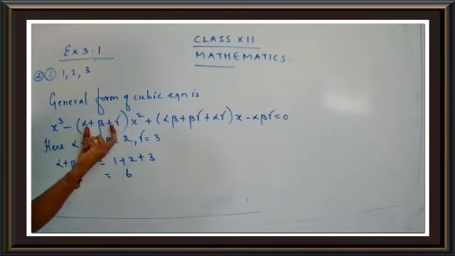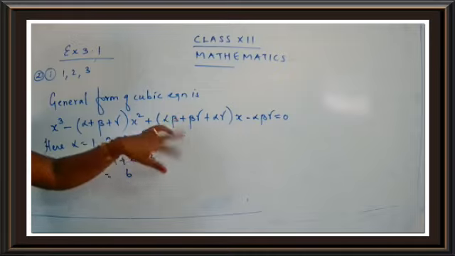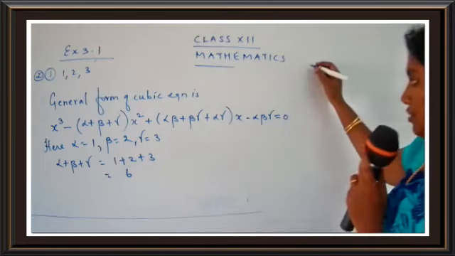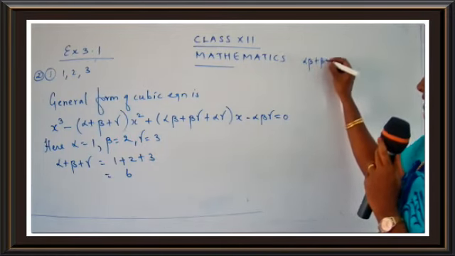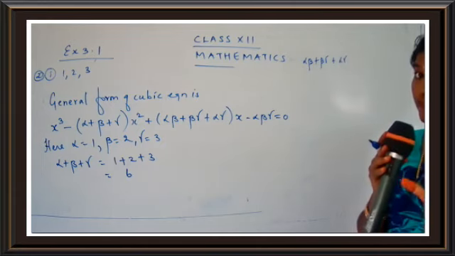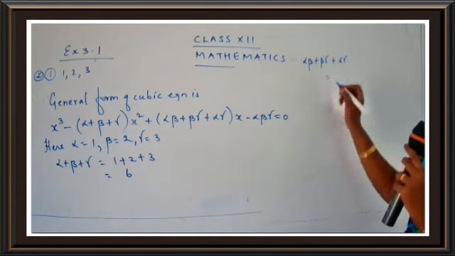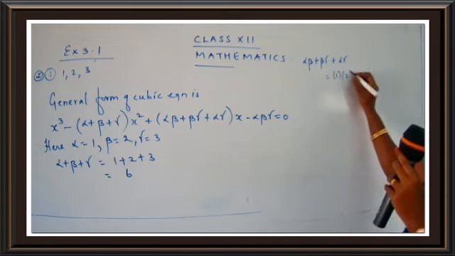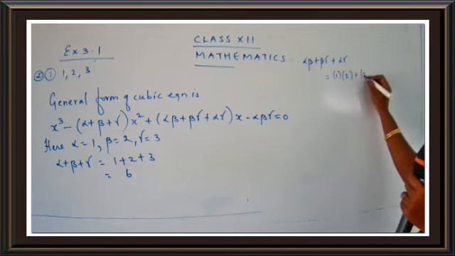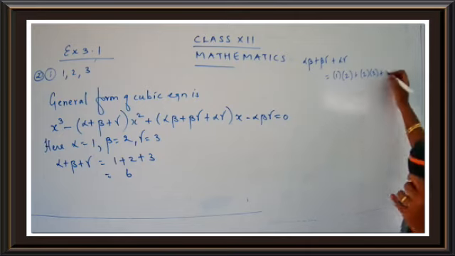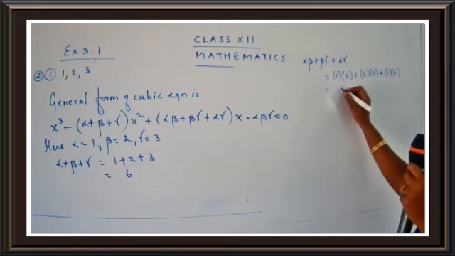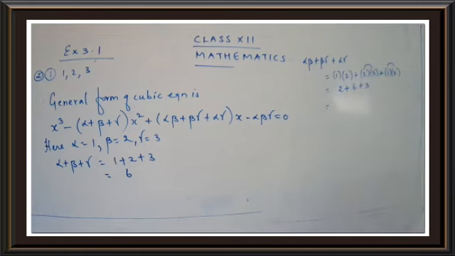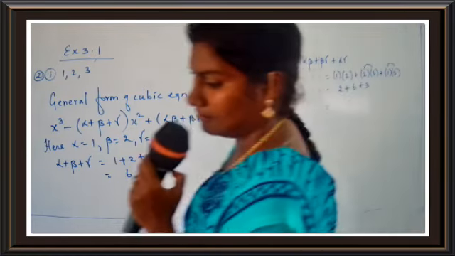So I have found the first part, that is the sum of the three roots. Now you have to multiply and find the sum. So I have to find alpha beta, beta gamma, and alpha gamma. Be careful when you substitute the values, children. Alpha is 1, beta is 2, so 1 into 2. Beta gamma, 2 into 3. Alpha gamma, 1 into 3. So 2 plus 6 plus 3. What's the answer? It's 11.